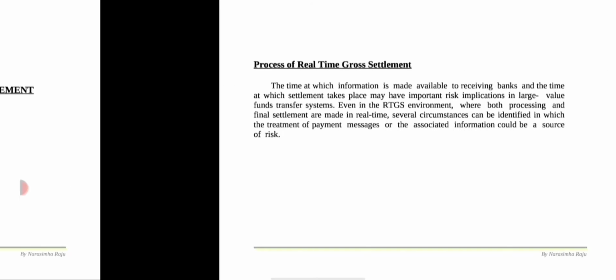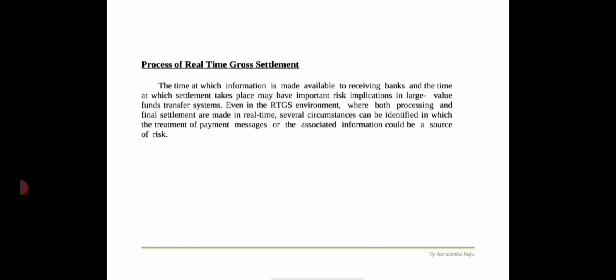The process of real-time gross settlement can be explained as follows. A lag between the time at which information is made available to receiving banks and the time at which settlement takes place may have important risk implications in the case of large funds transfer systems. Even in the RTGS environment, where both processing and final settlement are made in real time, several circumstances can be identified in which the treatment of the payment message or the associated information could be a source of risk. This involves four different types of